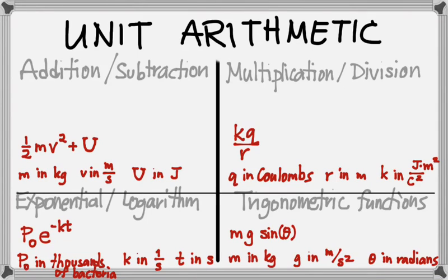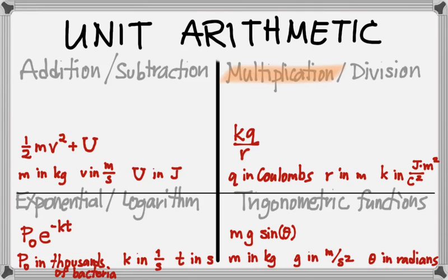So this is what I like to call unit arithmetic or unit gymnastics. If we're working with scientific quantities that have units attached to them and we're doing arithmetic or algebra or even transcendental functions with them, then how do we know what happens to those units? Let's start with the example of multiplication and division, because this is the one that we've already done a considerable